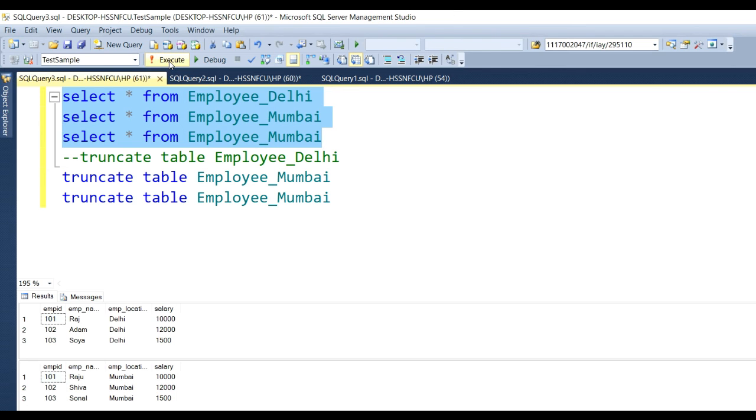Actually we get the results like which employee has location Delhi, data will transfer to the employee Delhi table, and which employee location is Mumbai, data is transferred into the employee Mumbai table, and which employee location is not Mumbai, meaning Punjab,